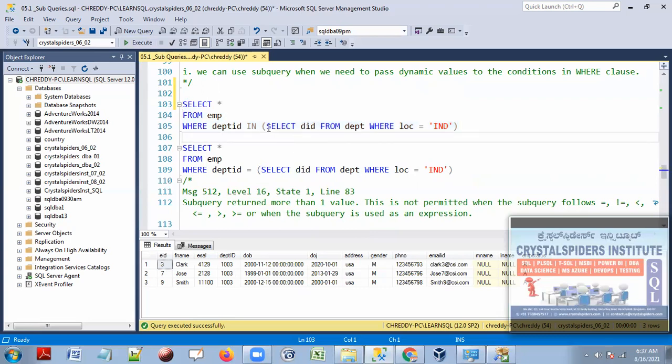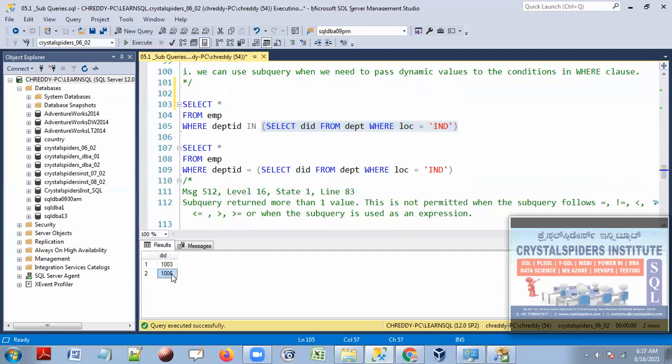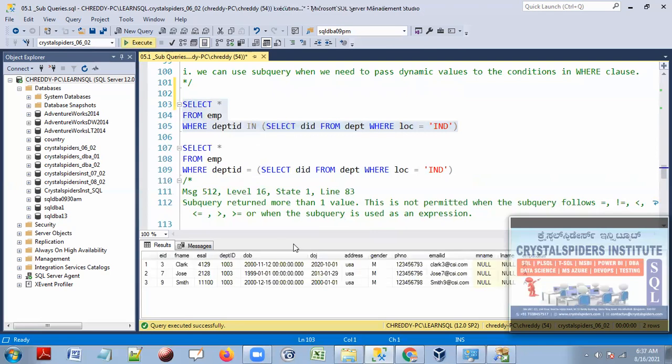Let me see what departments it is looking for: 1006. There are no employees from department 1006, only 3 employees from 1003, so those 3 employees are displayed. If we have any employees in 1006, those employees will also display now.